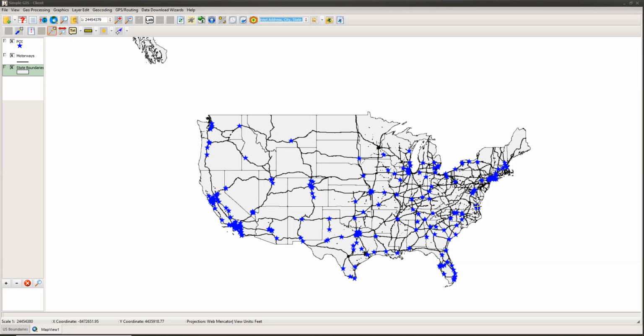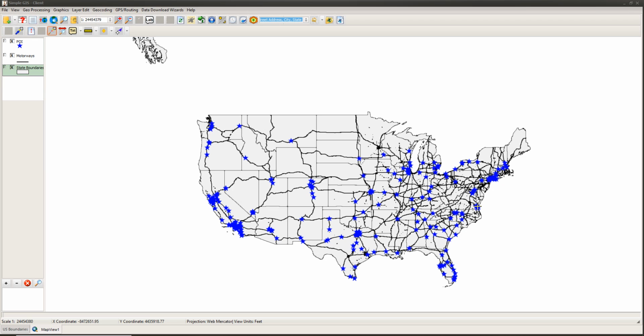Hi everyone. So today I'm going to be talking about how you can create custom symbols in our Simple GIS Client version 13 product. And specifically I'll be talking about some of the new features available in version 13 of the Simple GIS Client that allows you to combine graphics such as SVG graphics or portable network graphics, PNG files,